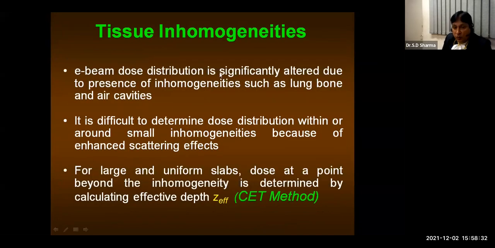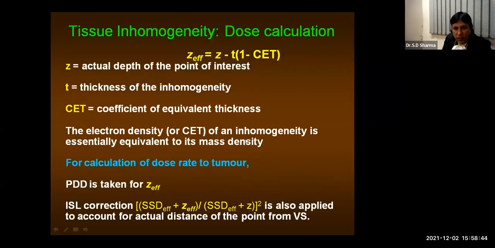So for tissue inhomogeneity, once again, we have to apply a correction factor, and for that we have to calculate the effective depth of the tumor center in an inhomogeneous situation. The approach we follow is the CT approach. This I have taken from Dr. F.M. Khan's book. You can see that the effective treatment depth, d effective, can be calculated by this approximation or this relation, and then one can calculate the monitor unit required for irradiating this type of patients.